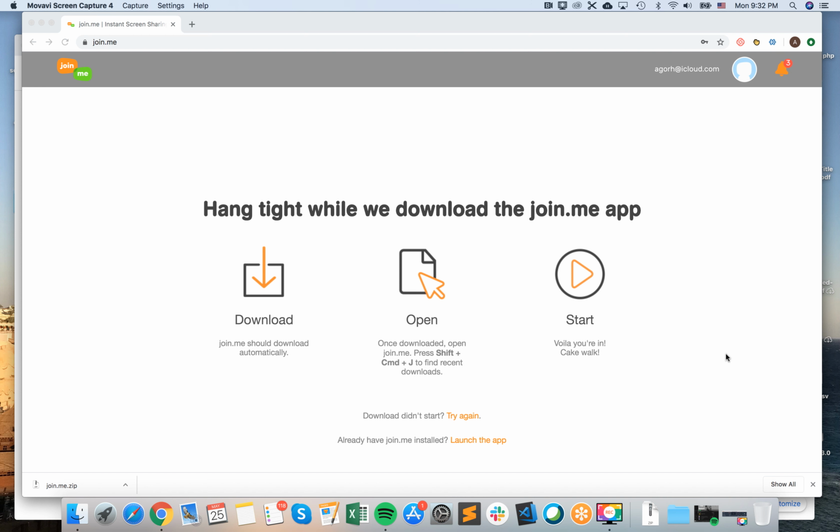Everyone, so how to install JoinMe on Mac. So super easy, just go to JoinMe. First you will need to create your account with your email and password, and after that you will be redirected